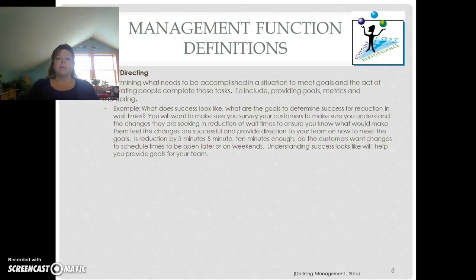But for an example for this, what does success look like? What are the goals that you need to determine to be successful in reducing the wait times? That is the example that we're going to cover. So you want to make sure that we understand what our customers' needs are. You want to do maybe perhaps a survey with them to understand, is it the wait times? Meaning, if you reduced it by 3 minutes, that's successful. Does it have to be 10 minutes? Is it adding a staff member on to help answer phone calls, or do you need to maybe open later